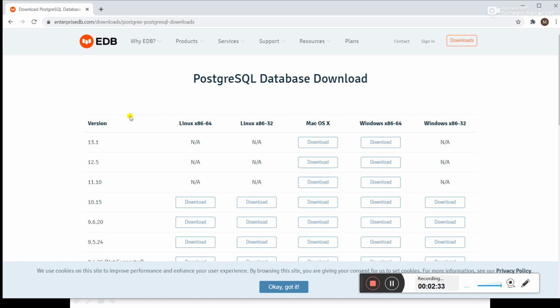We will see it here for Windows, this one. And the version for this is 10.15. Today we are going to select the version 13.1 for Windows.